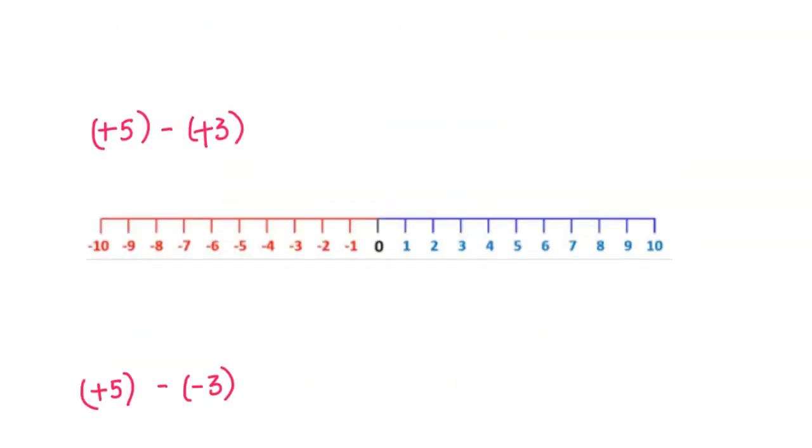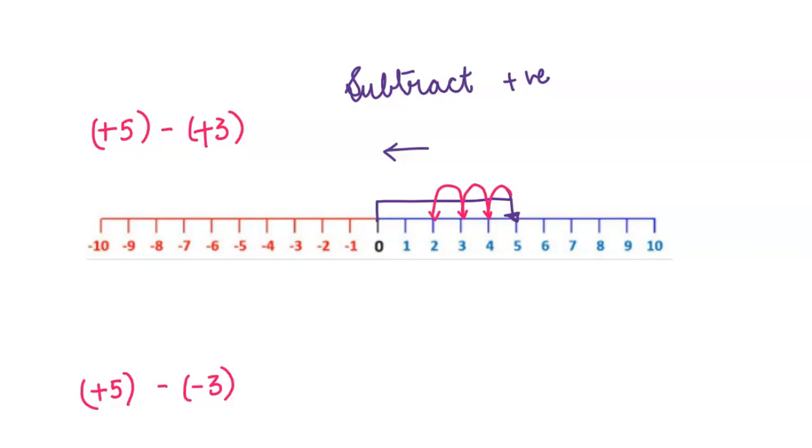And we also did that whenever we subtract a positive number, we move in the left direction. So let's see, we are at positive 5 again and we have to subtract positive 3. So we will move in the left direction, decreasing direction, because when we subtract something it's going to decrease. So we again reach 2. So the answer is positive 2.